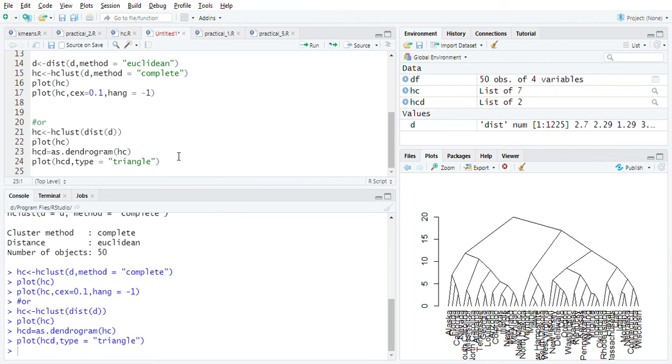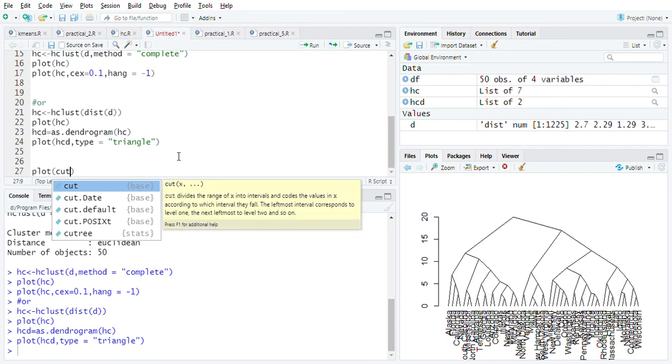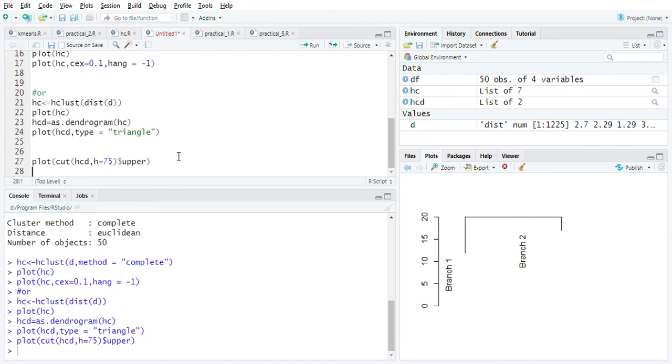Okay, and then if you want to zoom into this dendrogram, you can specify cut inside this plot. I am cutting the upper part of this dendrogram tree using this cut, and inside this I am passing my HCD, and I need to specify height h equal to 75, suppose, and I want the upper part of this tree, so I'm supplying dollar upper. So this will show you the upper part of this dendrogram. Similarly you can get the lower part using the lower command. So I'm copying this again,